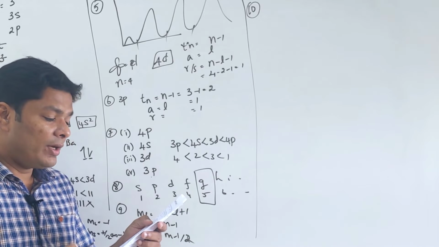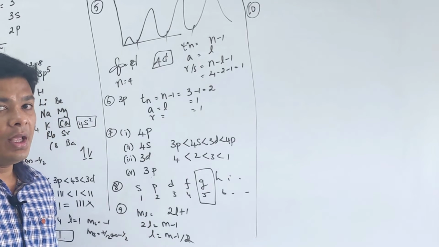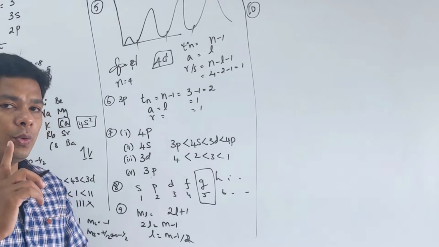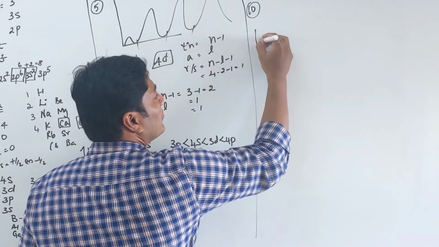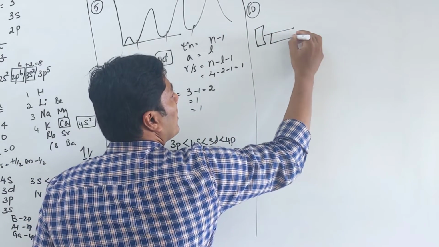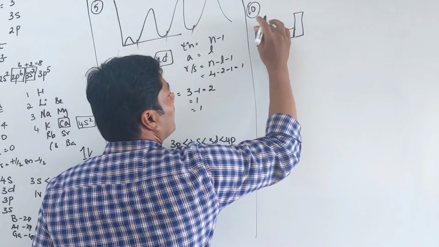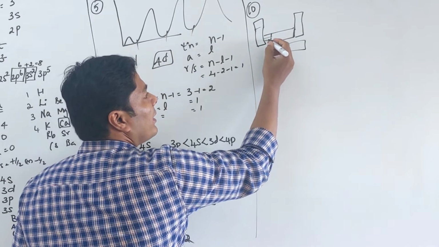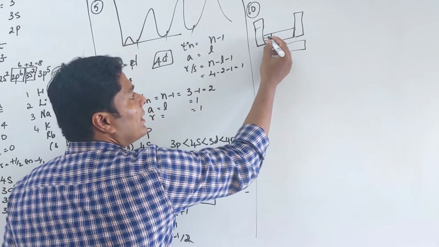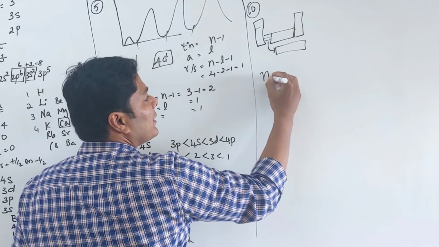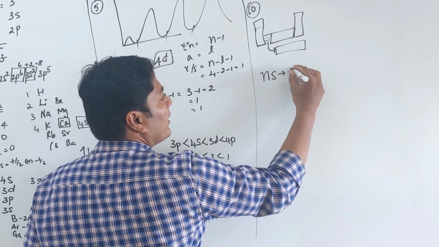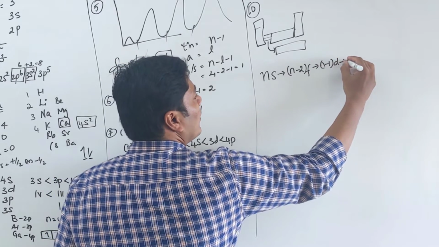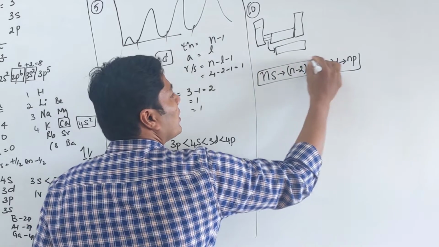After np orbitals are filled, next orbital filled will be. This is a beautiful question. You can use the n plus l rule. That's the periodic table. You are always going to fill it this way. So my s orbital, and then here is my f orbital. So you're always going to fill ns followed by (n minus 2)f followed by (n minus 1)d followed by np. This order you want to remember.